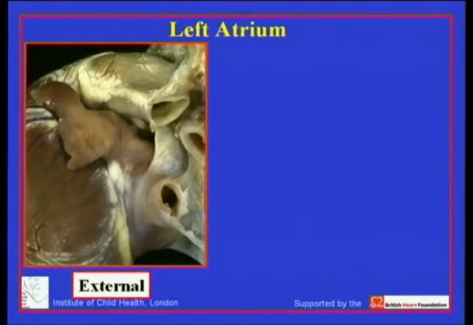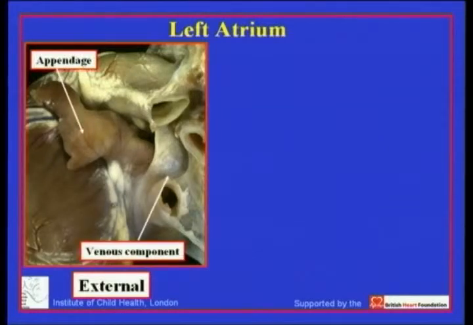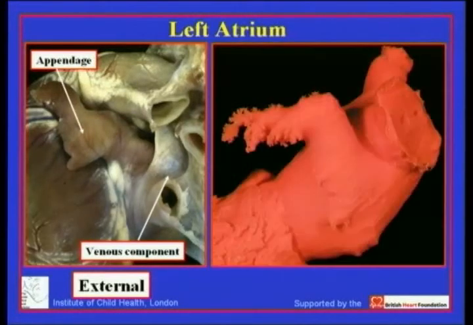If we then turn our attention to the left atrium, again externally, we see the appendage, discrete from the venous component. But then when we look internally, again using the cast that Andrew will be demonstrating to you very shortly, we now see all of these components apart from the septum, because the septum again is on the back. We're looking at this cast from the left side, so this in fact is the posterior part of the left heart. The anterior part is on the other side, so you don't see the septum,